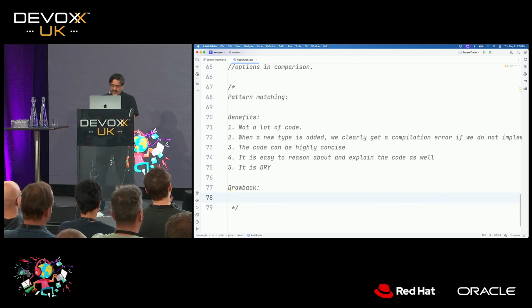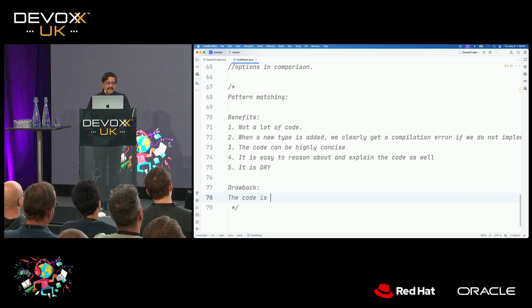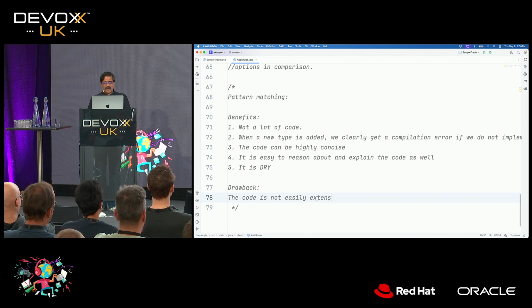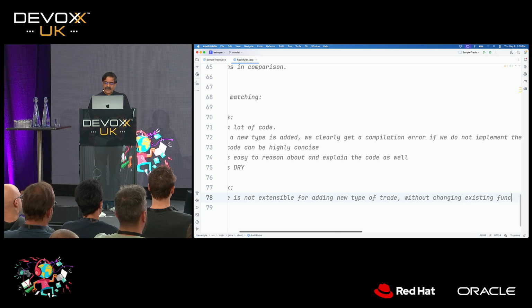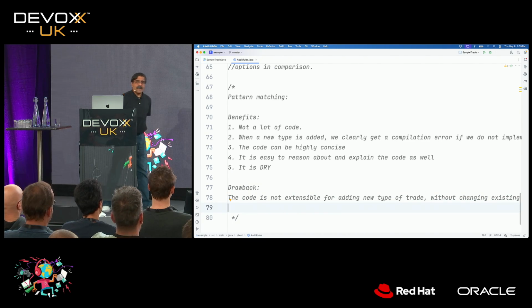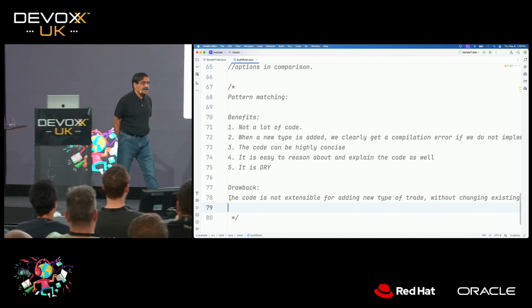And the trade-off is the code is not easily, maybe I will say not extensible for adding new types of trade without changing existing function. That is a drawback. I think we all should agree about it.